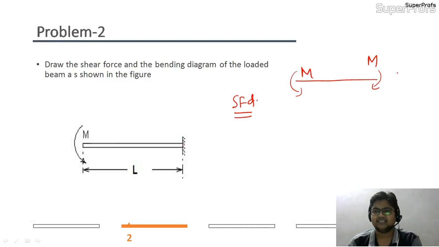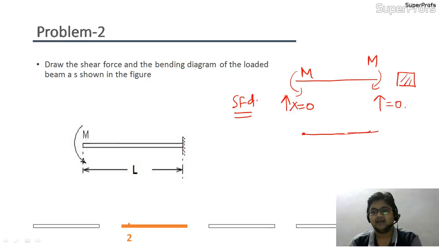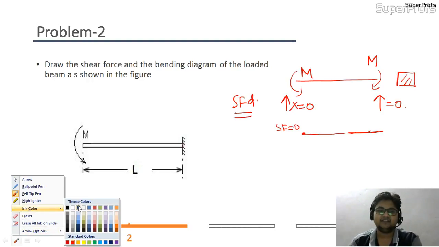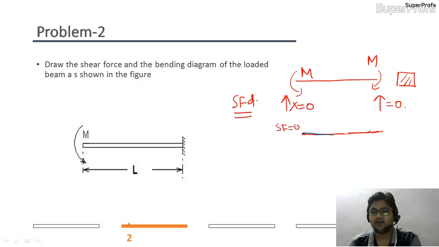So if I draw the cross section, suppose I have a rectangular cross section, this is my cross section. As there are no forces parallel to this cross section, I may conclude that the shear force is 0 everywhere, because there are no vertical forces. This vertical force is 0, and here also the vertical force is 0. It means that if this is my reference line, then my shear force will coincide with this reference line. I mean to say, if this is the reference line I have drawn, and with the blue ink I draw the shear force, it will coincide with this,